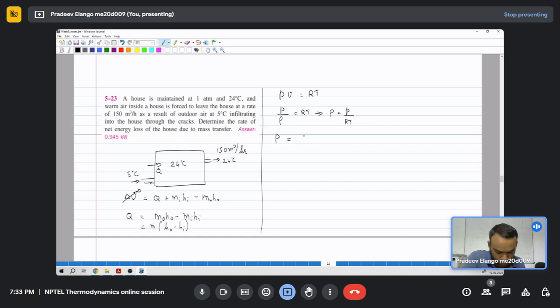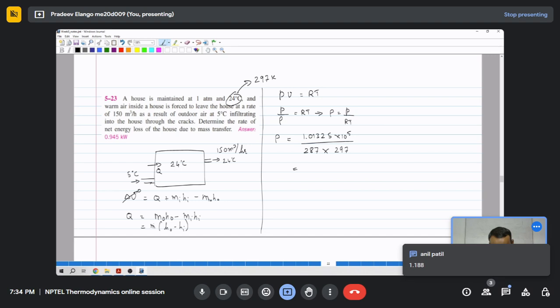So rho is P, which is 1.01325 into 10 power 5, divided by R, which is 287, and the temperature, that is leaving, is 24 degrees Celsius, that is 297 Kelvin. Yeah, that is 297. So can you calculate the value of the density? Yeah, this is 1.188